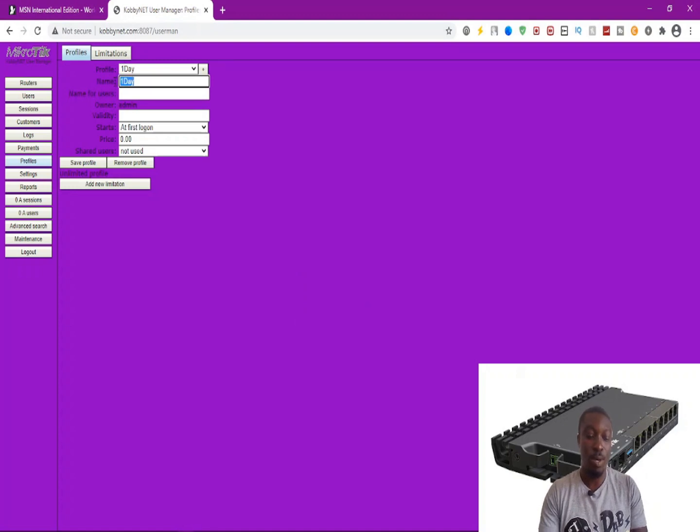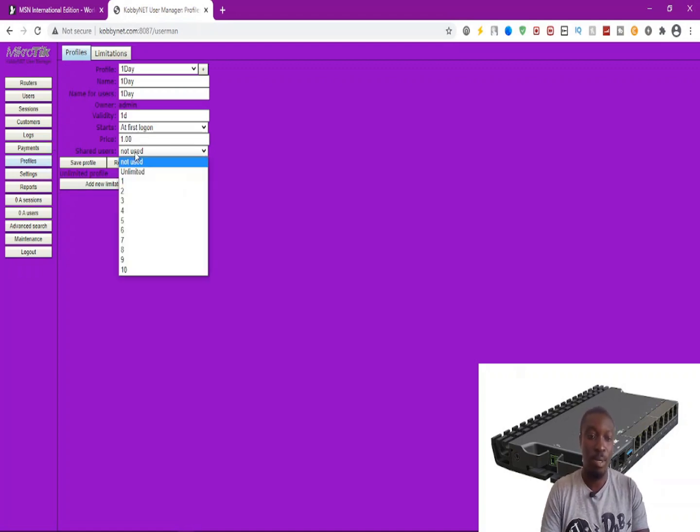Then you can copy this and put it at name for users. Validity 1D. This is what we always do. Then you specify your price. So I just want $1. Shared users, good. If you get to this portion,